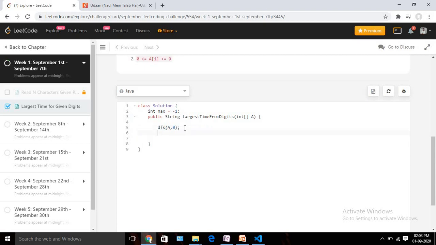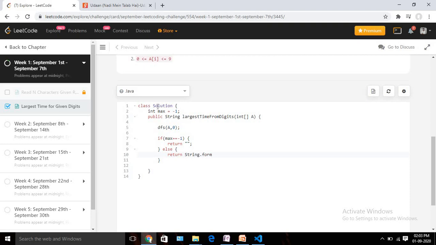After executing our DFS function, if I see that my max is still -1, that means there is no possible time value we can create using the given input. So if it is still -1, we return a blank string. Else we form a string, so we return String.format.